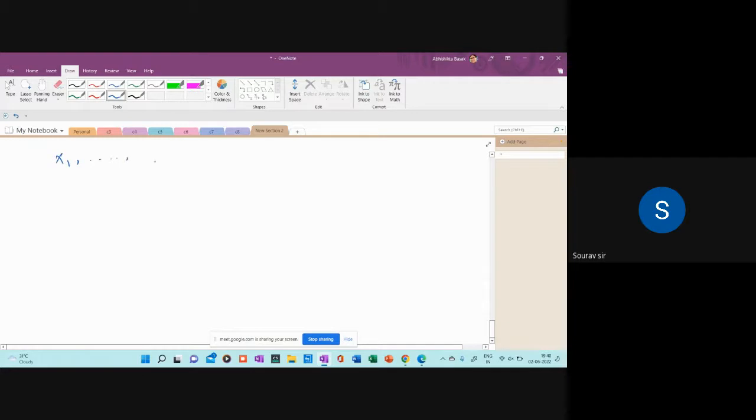Again, x1, x2, ..., xn is a random sample from f(x) = (1/theta) e^(-x/theta), where x > 0 and theta > 0. So we need to find the CRLB. The first process of finding the CRLB is again to find the joint